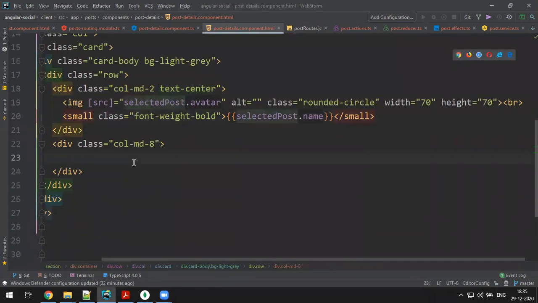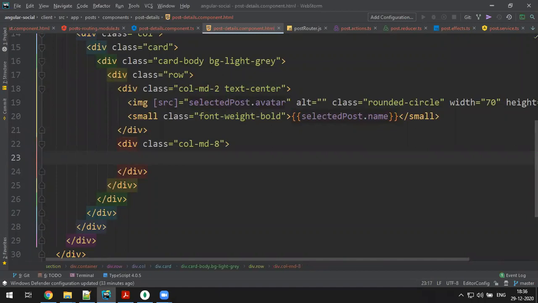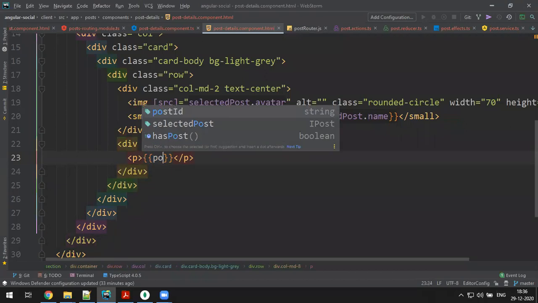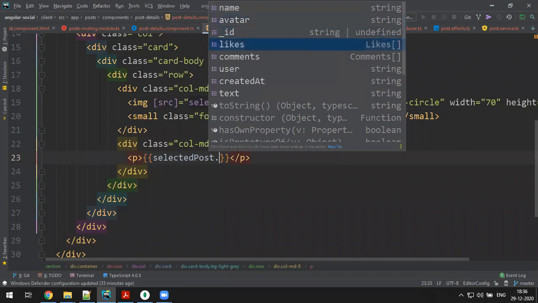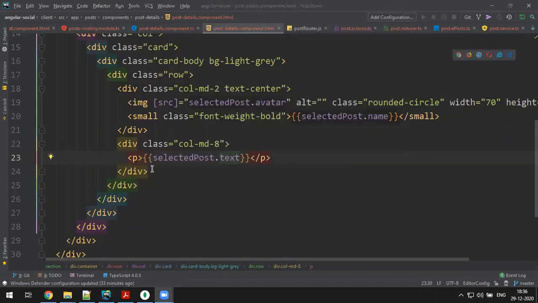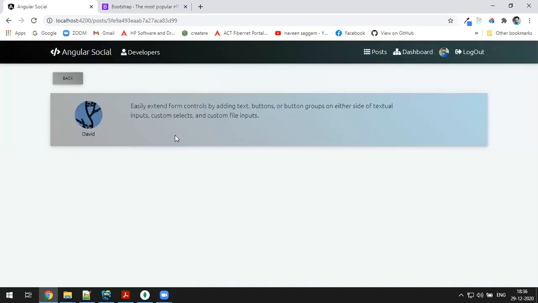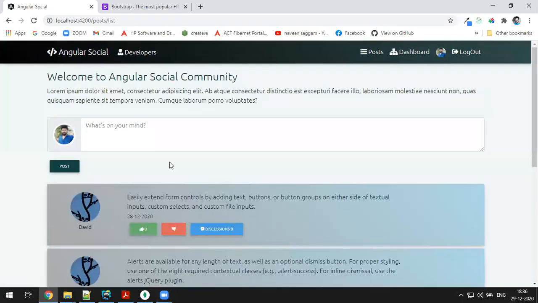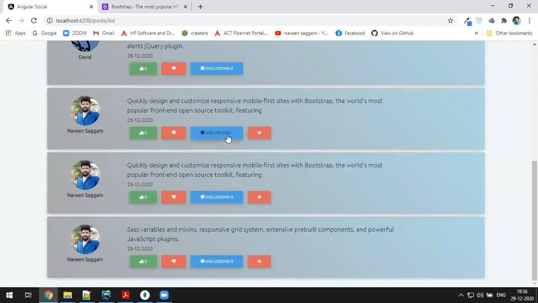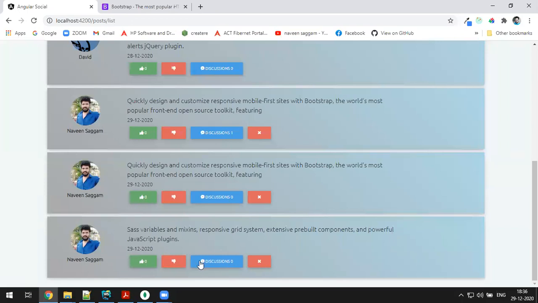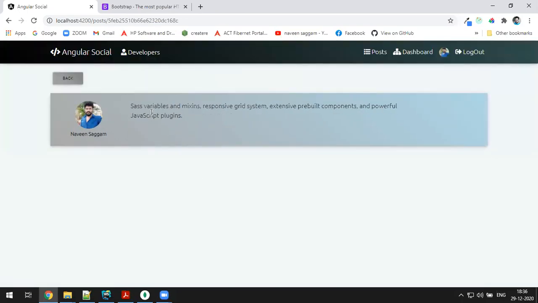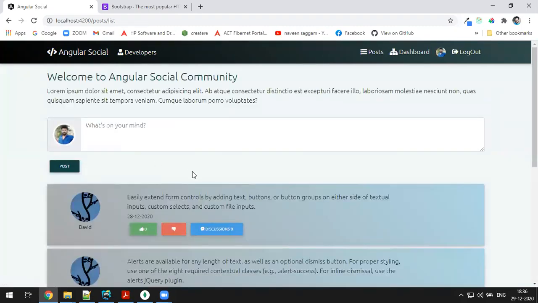Okay, fine. And then for the column, I have to display the post that you have made. So an expression, selectedPost.text. Yeah, I got it. See now, my name discussion, I got my quickly design poster. If I go to the SAS variable discussion, I got one. Okay, that's fine. And below this, I have to display the creation date as well.